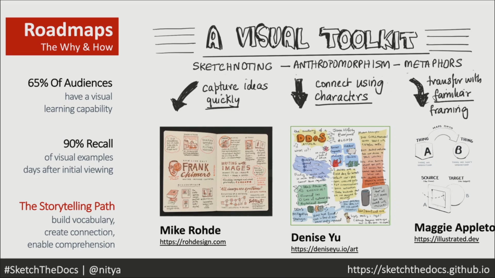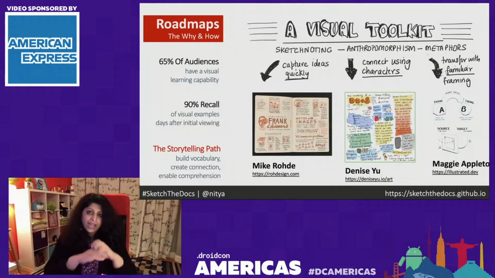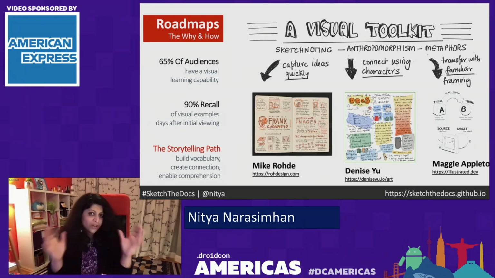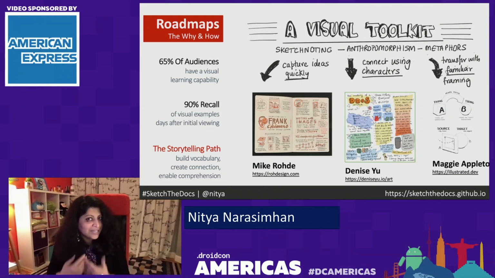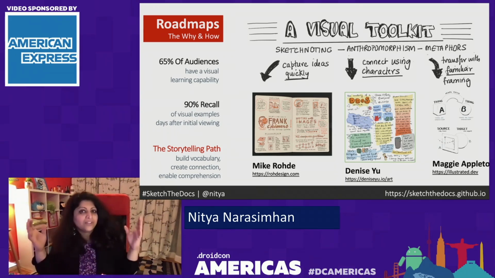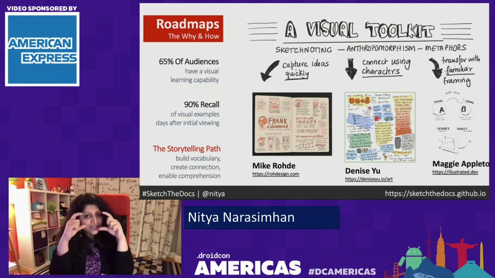First, you have sketchnoting, where you're really going to learn how to capture ideas quickly and put them in a very visual format. But once you've conquered that, the next step is, you've got the information layer, how do you get people to connect to what you're trying to tell them? And you can do that with something called anthropomorphism. Denise Yu is a great person. Her site has a lot of examples you should absolutely look at. What that does is create characters and give them emotion. So rather than say the server died, you literally can create an image of a tiny server with eyes and a face, looking really sad, right? And people connect to those emotions.